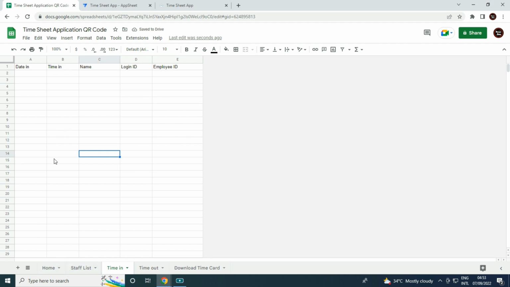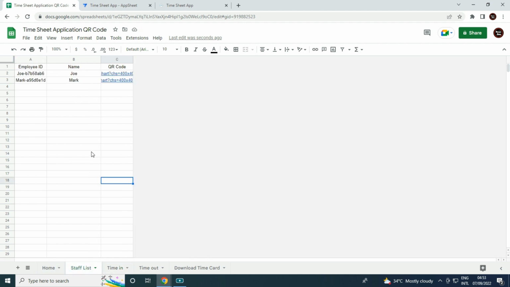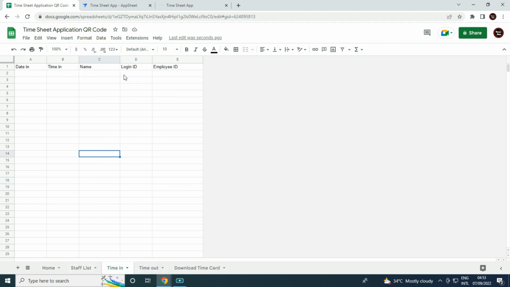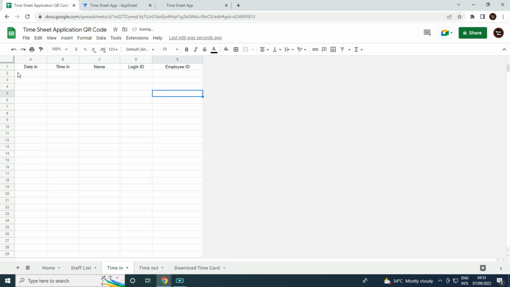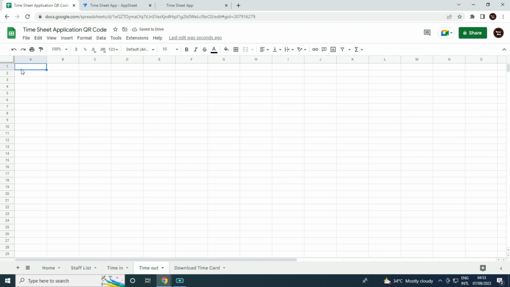So take note, guys. This number of columns is based on the staff list here in the staff profile. So let's say in the staff here you have a photo or a position, so you have to add all of that here. Okay. So then I will just copy this column and paste it in timeout, and then I'm gonna